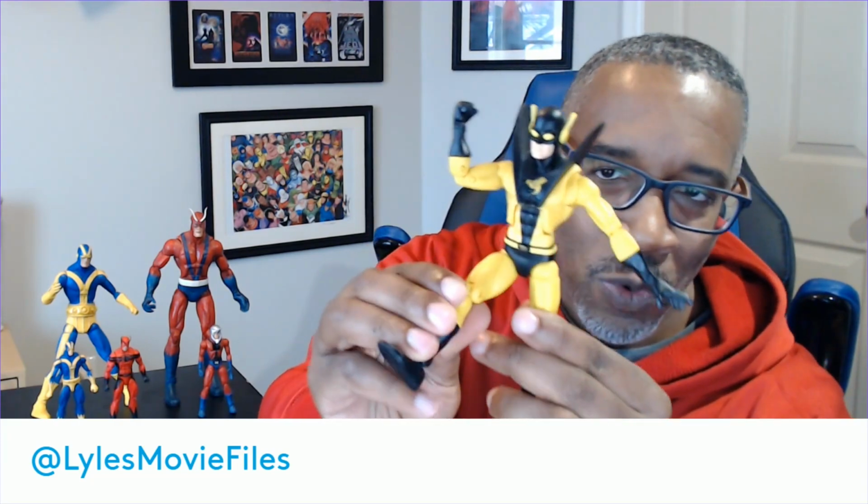Now, for a minute, I thought, let's go with this version. Go with Yellowjacket. This figure is badly in need of a re-release. It was based off of the Bullseye mold. It is on super ratchety joints, and the elbows aren't great. The layer articulation is so not my favorite. It's got that ball joint, so you've got to maneuver that just so to get him to hit the poses